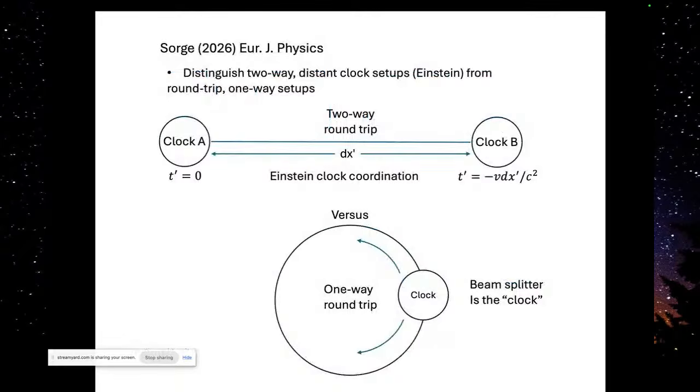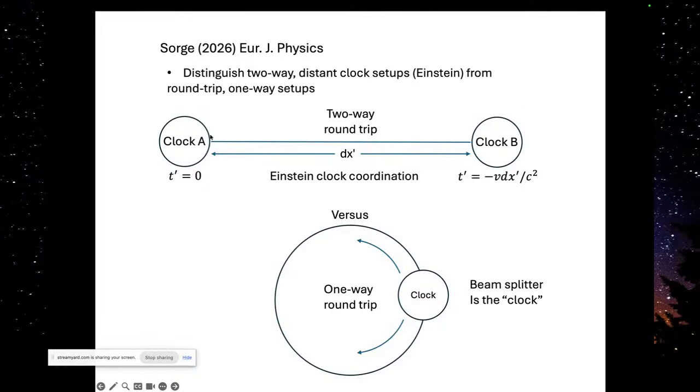So what does this mean with respect to special relativity? Well, there's something about special relativity that not too many people appreciate, and that is when Einstein described the setup in special relativity, he described two clocks, clock A and clock B, separated by a distance, and in the rest frame, I call that dx prime. And Einstein described a way of synchronizing the clocks, and he said, take a light signal from clock A, send it down to clock B, reflect it with a mirror at clock B, send it back to clock